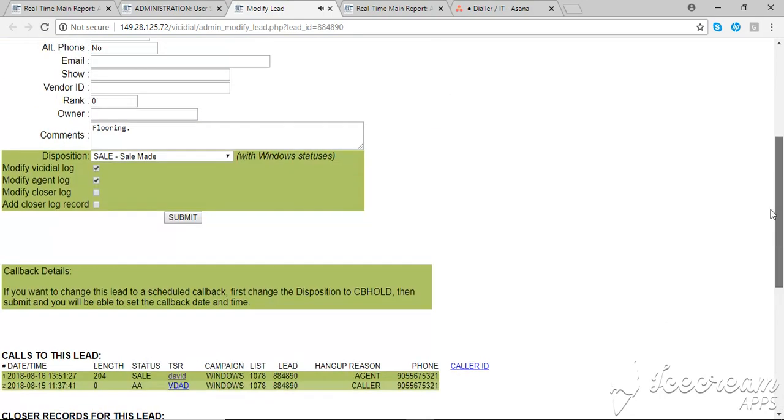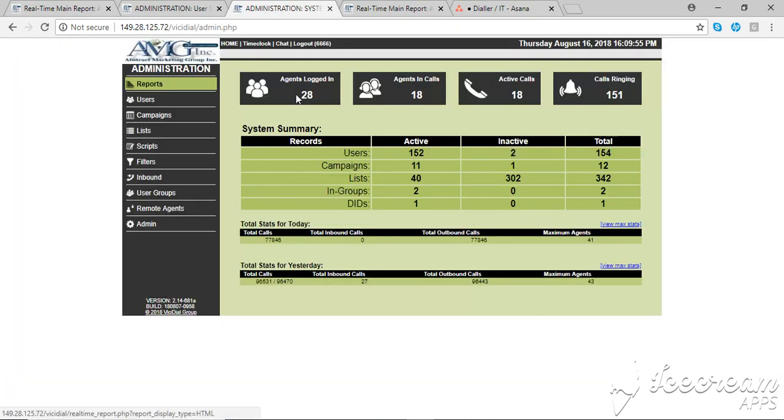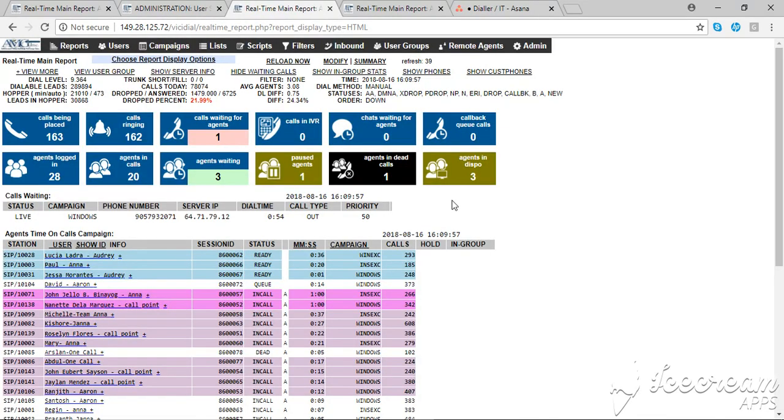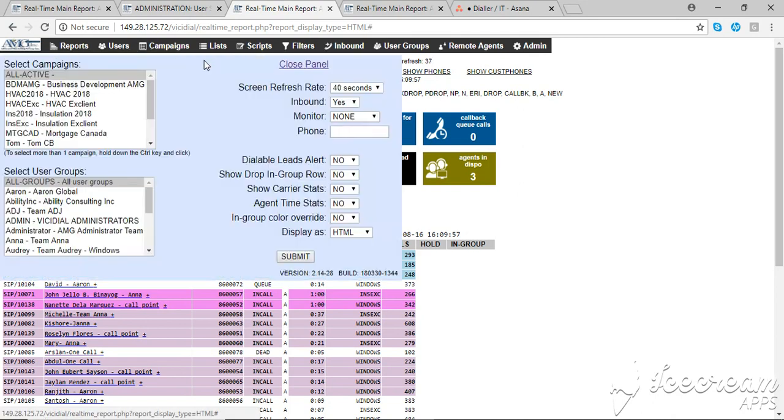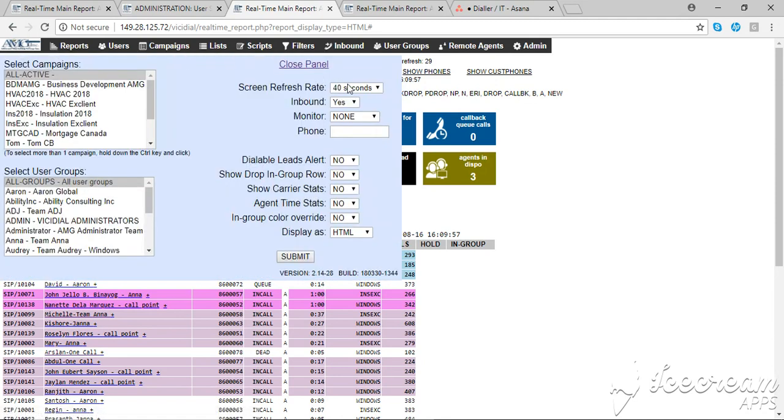This is for recorded or previous calls. Now if I want to do some live barging, we all have been allocated a certain phone ID. So I'll show you an example here. Coming back to the dashboard, same, choose report display options. I'll select monitor. Here I need to put down the phone ID that has been allocated to me. So as soon as I enter this and submit,